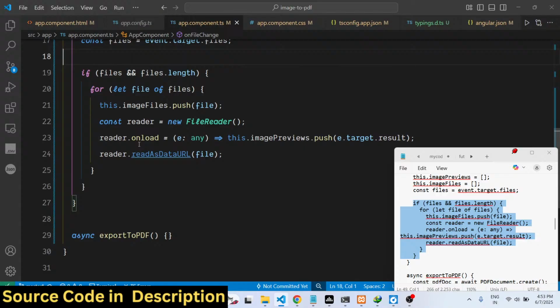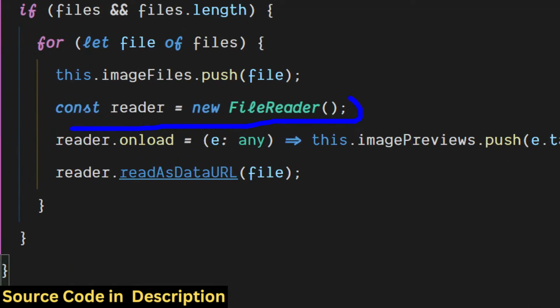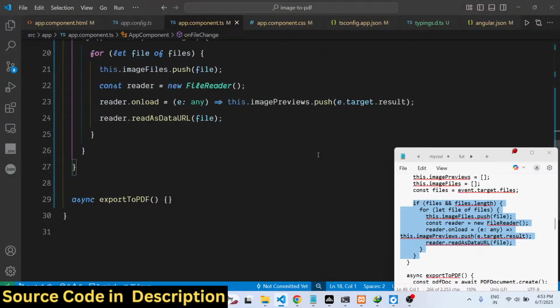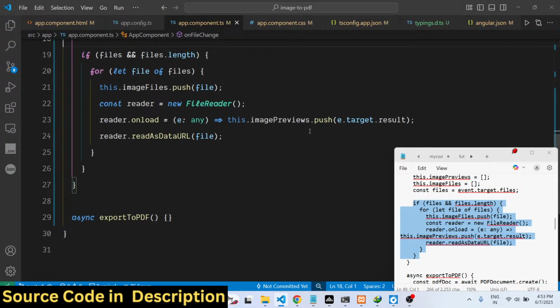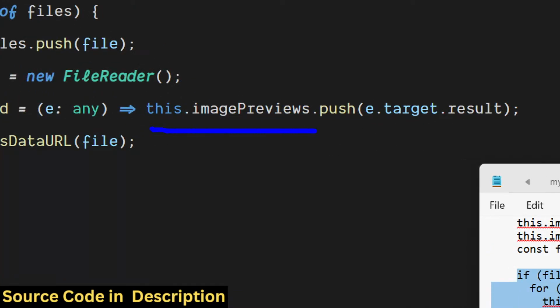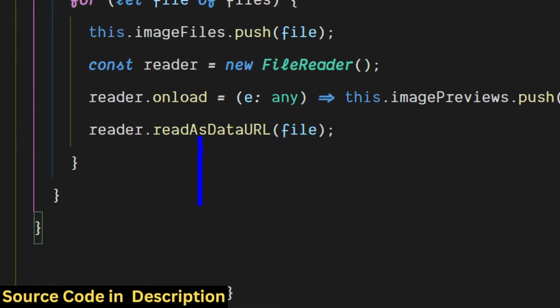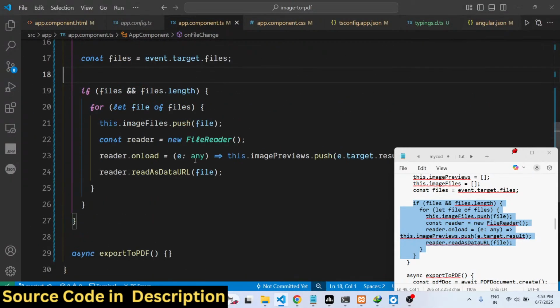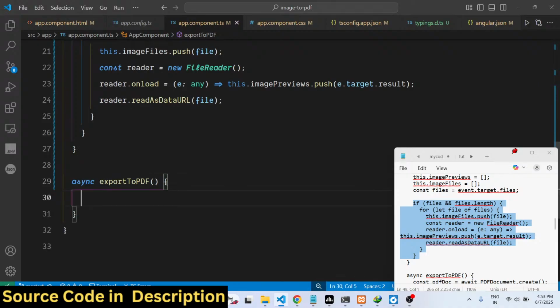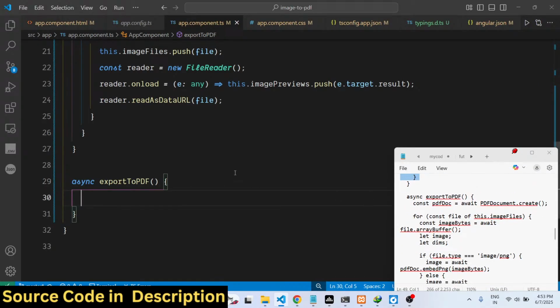After that, we are reading it using the FileReader API, creating an object of it, and then it contains this onload function. So when your images are loaded, then we are pushing it inside this array image previews, whatever is the target result which comes when you call this function readAsDataURL, which is reading the base64 code of the file. So after you read all these images and store it inside the variable, now we write this function